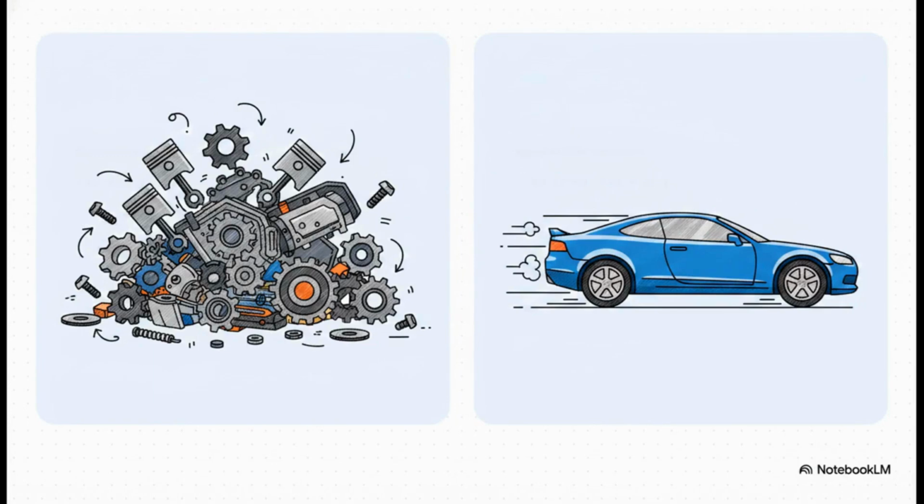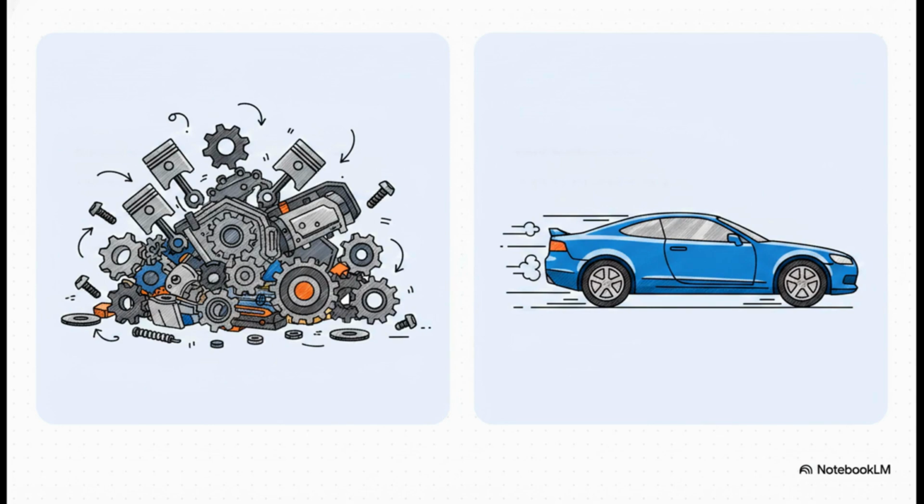Before this library came along, programmers were basically living in the dark ages of manual coding. On the left here, you'll see traditional static arrays. They're fixed in size. If you wanted a dynamic structure that could grow or shrink on the fly, you had to manually wrangle new and delete keywords, build custom classes from the ground up, and write these agonizingly long algorithms just to do basic stuff like deleting a node. It was tedious and super prone to bugs. But then, look at the right side, modern STL efficiency. You get ready-to-use generic structures that just dynamically resize themselves. It's kind of like building a car engine from scratch every time you need groceries, versus just turning the key